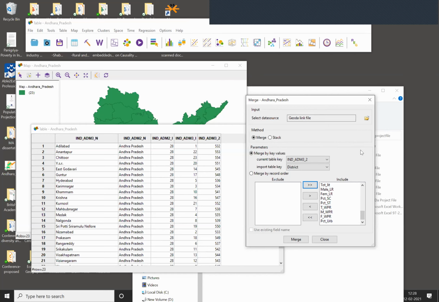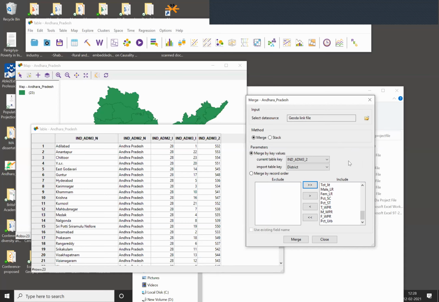Yes, sir. If anybody is facing trouble, let me know, because these are the crucial steps. What I have done, just to see, the key variable I have selected from the Excel file, and the key variable I have selected from the admin. One way to avoid that, always write down which are the key variables in both the files. So it is easier for you. Otherwise, you can put the same name, that is also possible, so that you can easily identify the same variable name.